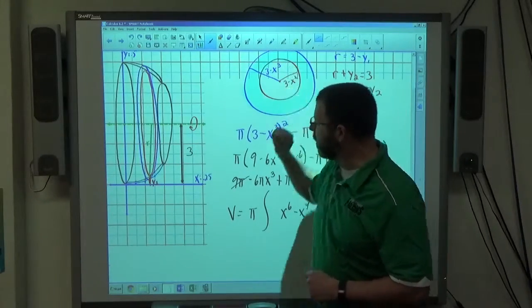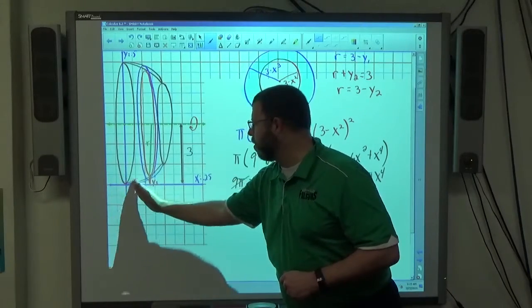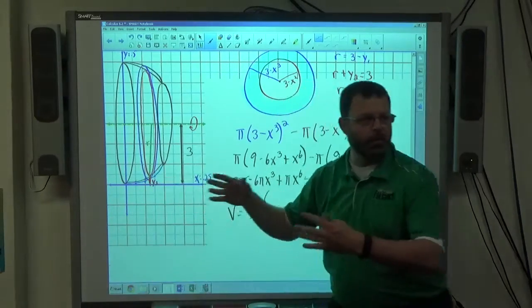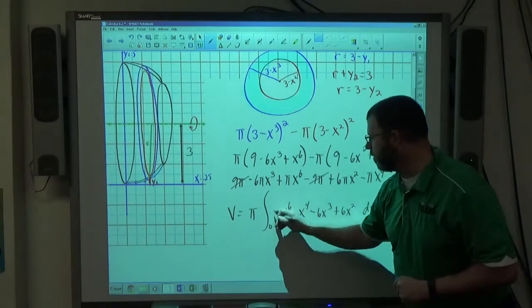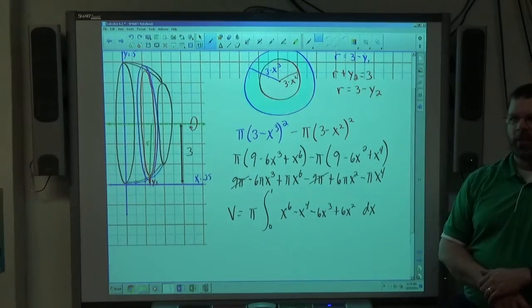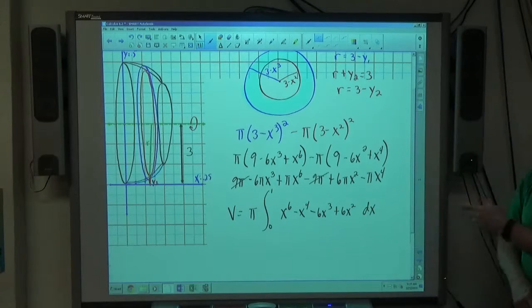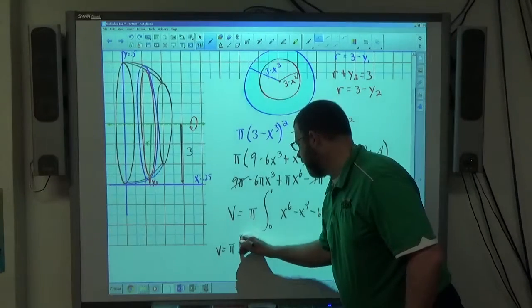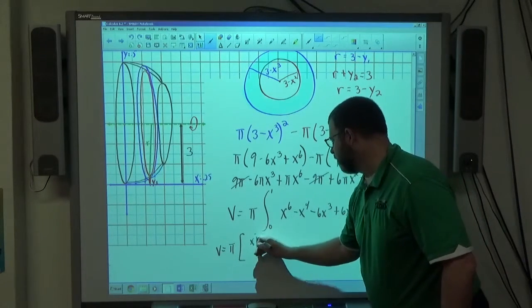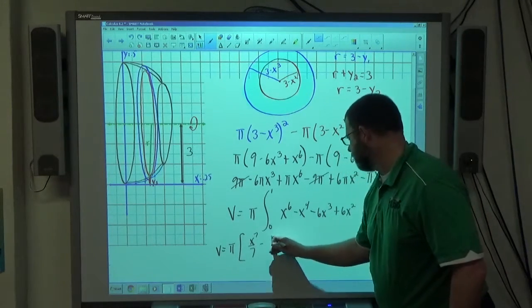And these circles that we're taking, this shaded region here, is starting at x equals 0 and sliding all the way to x equals 1. That's the places where the region exists. So our beginning point is 0, our ending point is 1. And then we simply have to integrate, evaluate in order to get the answer. So the volume is going to equal pi times x to the 7th over 7 minus x to the 5th over 5